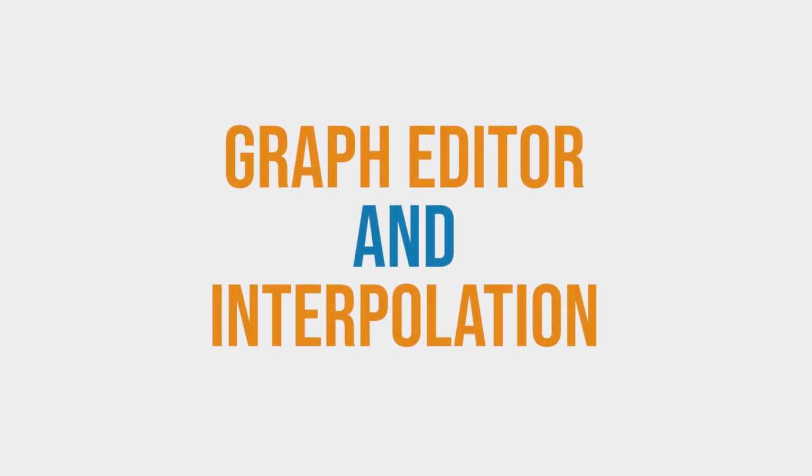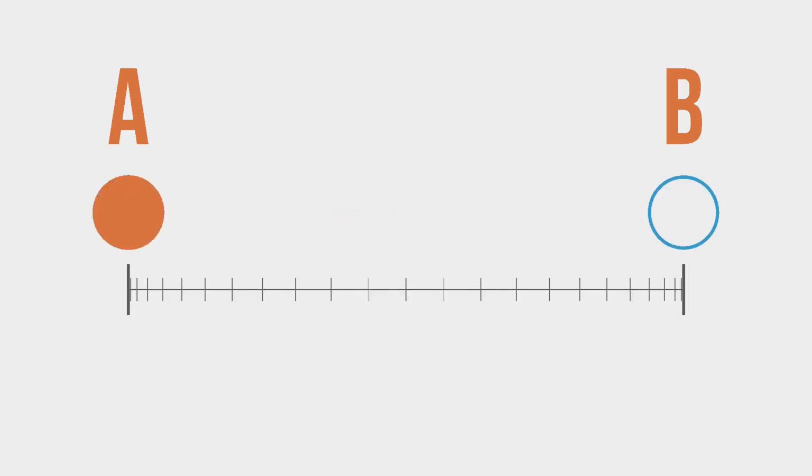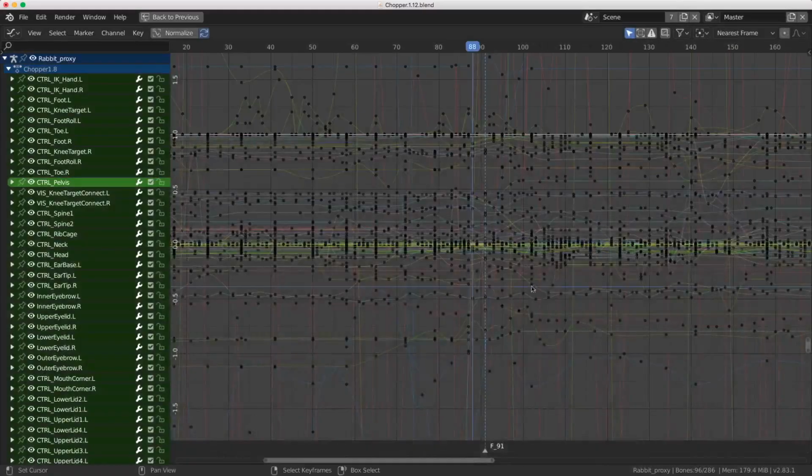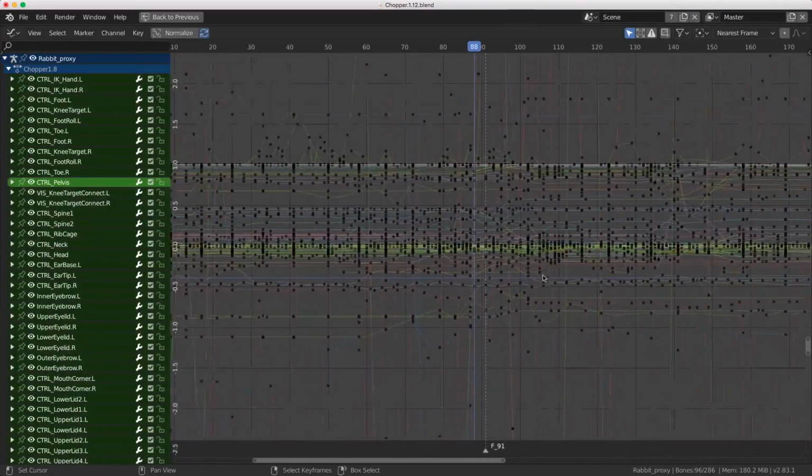So far, we've had a little play around with setting keys and moving things around in Blender, but we haven't focused on interpolation. When we animate our circle from point A to point B, those positions are our keyframes, and the interpolation is how it gets from point A to point B, the in-between bits. Now, we don't need to keyframe all the positions along the way. We're making the computer do that for us, but we can actually control the interpolation, or these positions, which is really the same thing. We do that in the graph editor, but that can be really confusing when you first